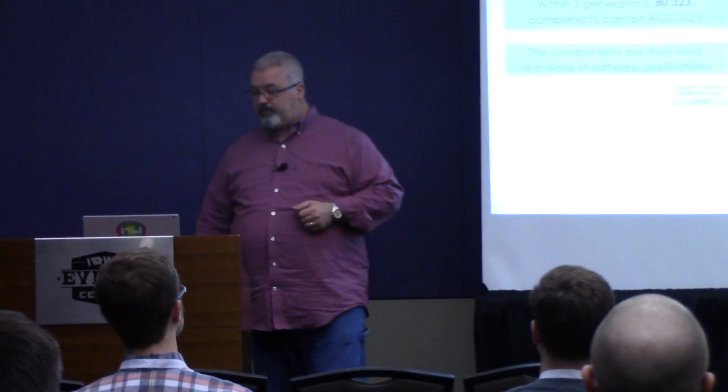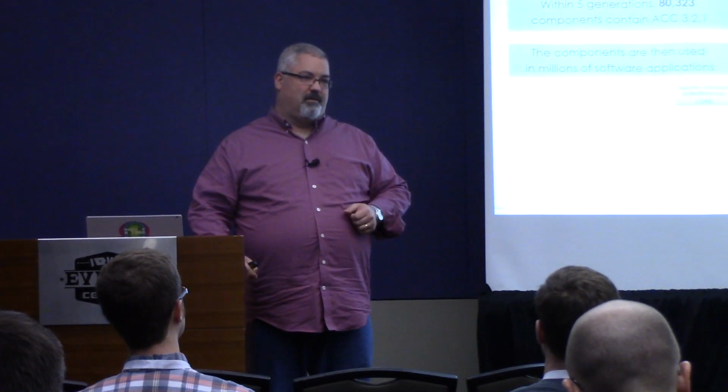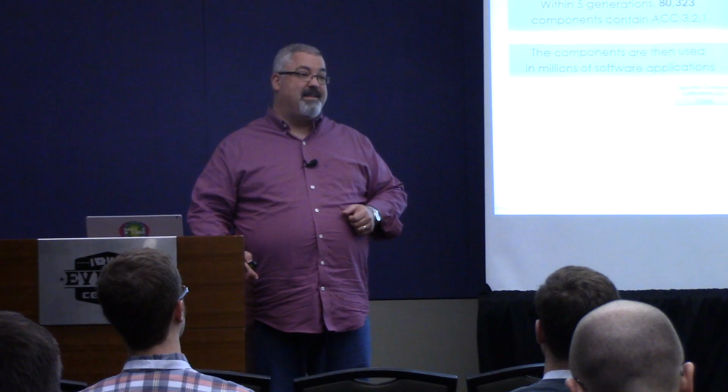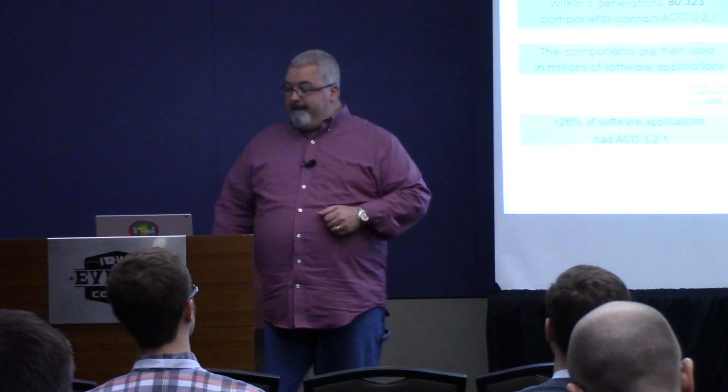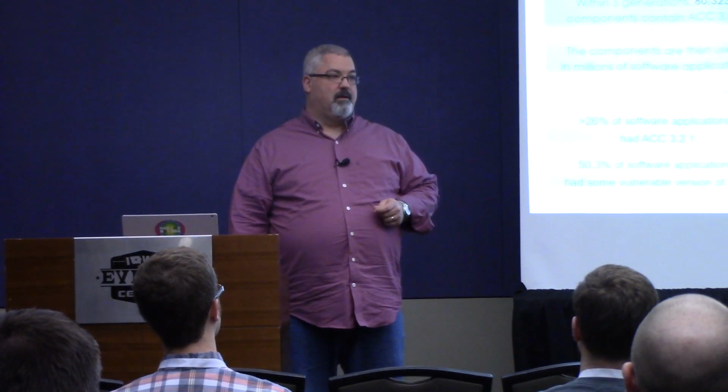So when we talk, and we've seen this at the conference over the last 2 days, people talking about information leakage, showing them what you're using under the covers. Am I using IIS? Am I using Tomcat? Which version? You're giving attackers information that could just go to this vulnerability database and say, oh, what are they susceptible to? Let's try that. Think about the number of applications that those 80,000 components have been brought into. It's in the millions. Now, the software that we see, more than 26% of them had this specific version in it.